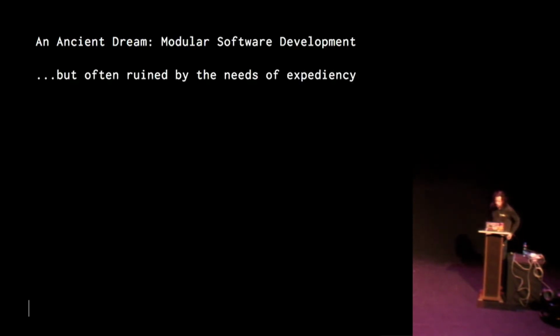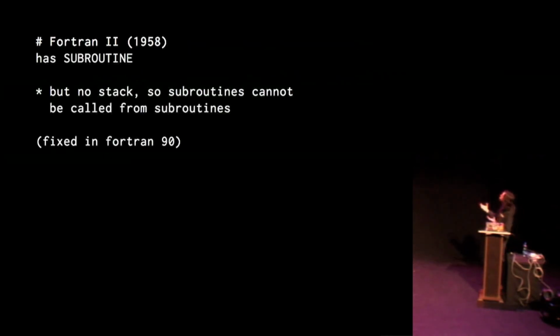Modular software has been an ancient dream. Since the early days, people have thought that obviously the best way to write programs is to write lots of small programs and have them work together. But this has usually been ruined by the needs of expediency: trying to solve the problem we have today has ended up making this